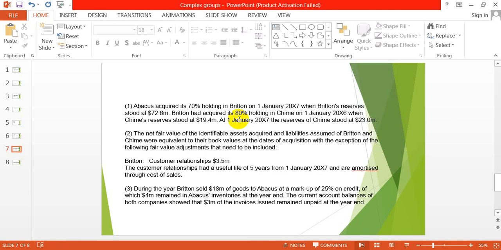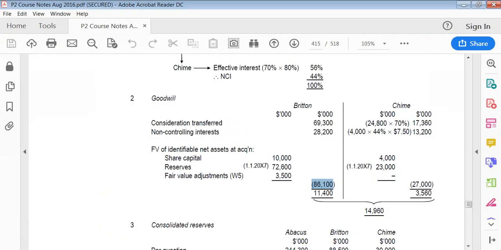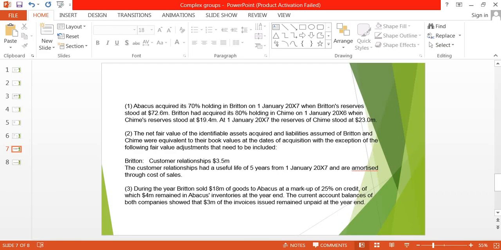Now its reserves, now 19.4 million, so 70% of this, the 19.4 million was paid as at 1st January. Now,